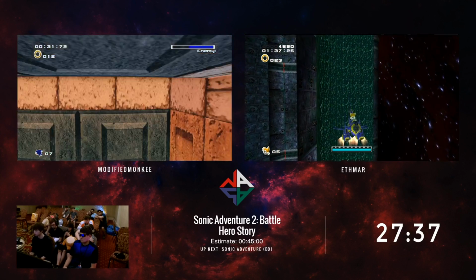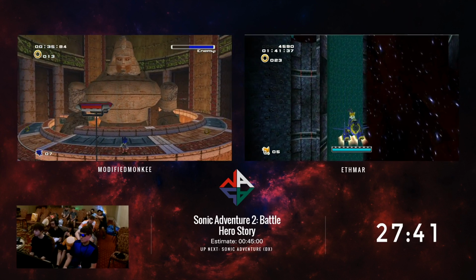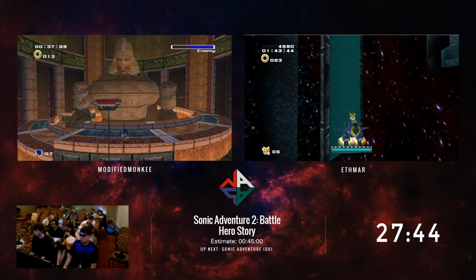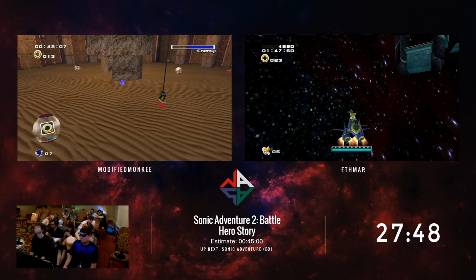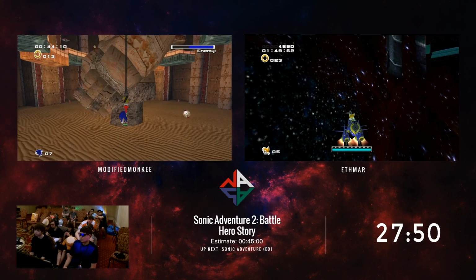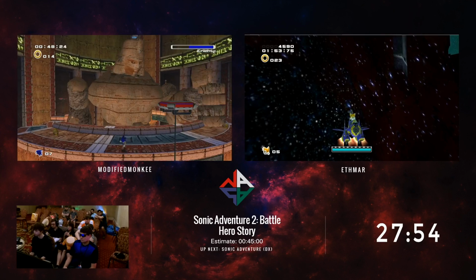Also, something we didn't really explain when ethmar was on Egg Golem is that the point of this boss is to get super bounces off of the little ledge in front, and there is a 5-frame window to get the super bounce high enough so that it'll hit Egg Golem. It's ridiculous. This boss is...